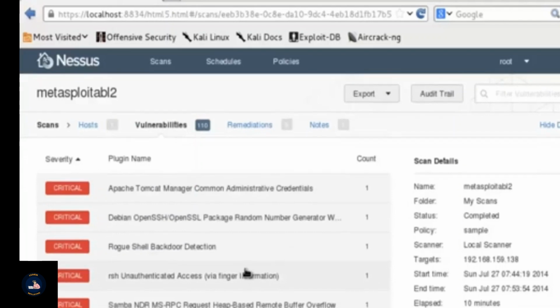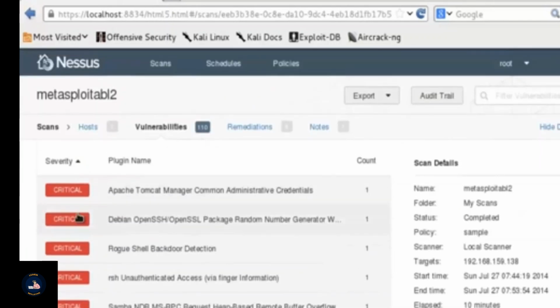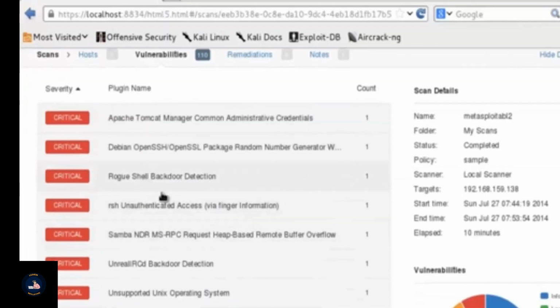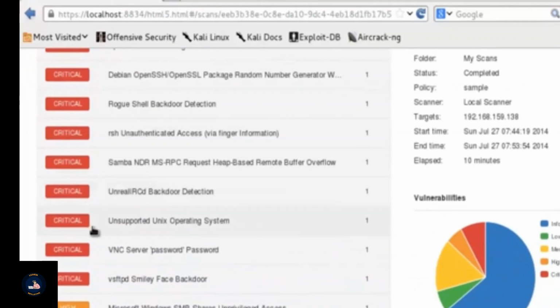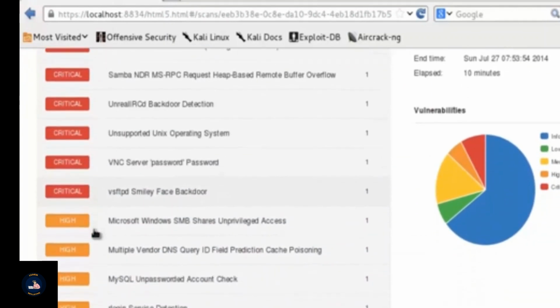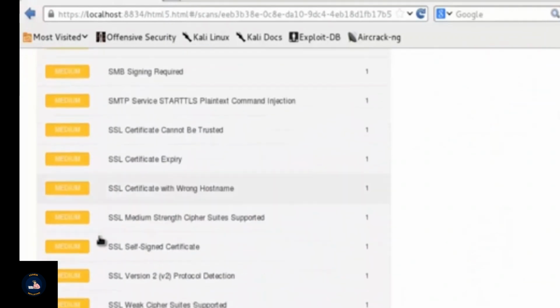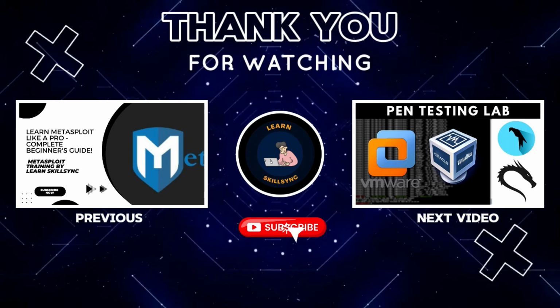Coming to the vulnerabilities, if you want to check out what the vulnerabilities are, just click on the vulnerability tab, which will list out the vulnerabilities: critical, high-risk vulnerabilities, medium, low,